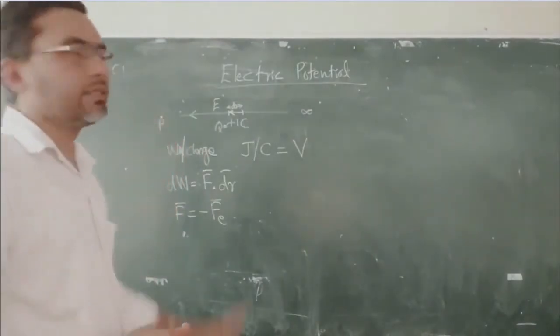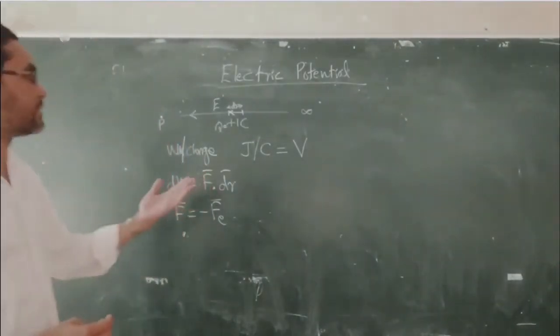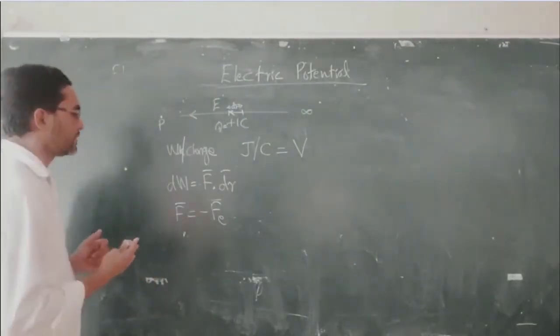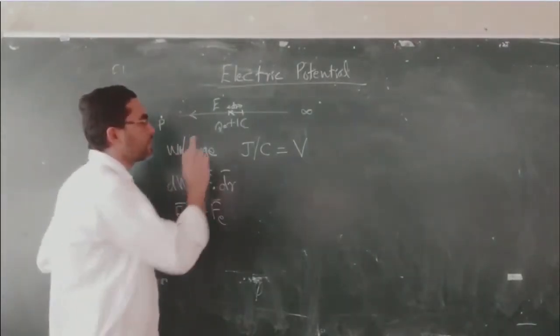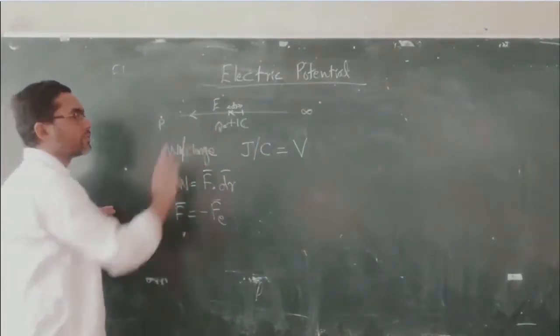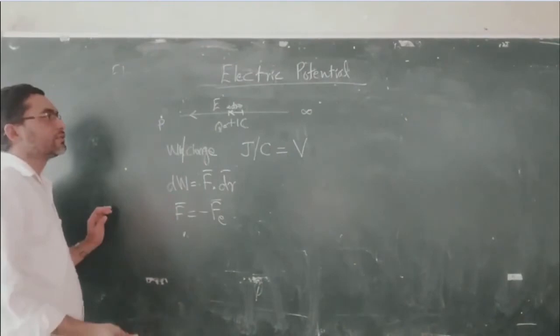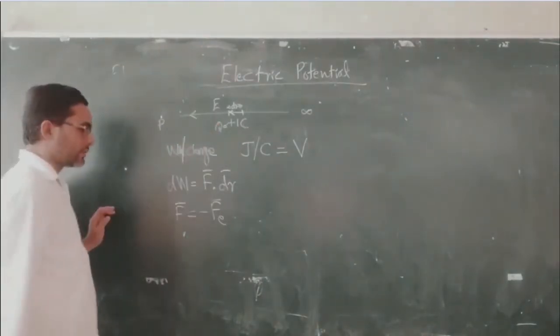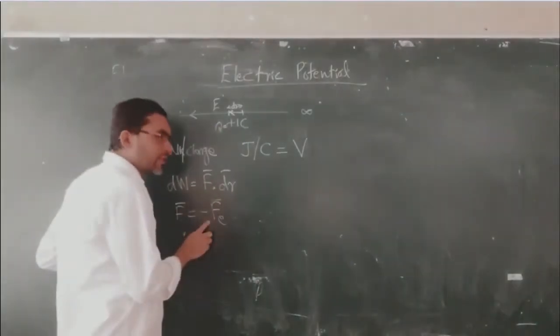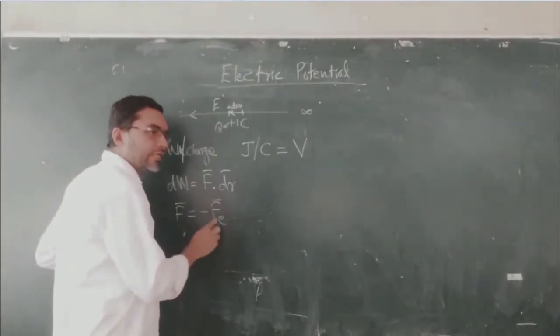Only potential energy is increased or decreased. That depends on the direction of movement. The important point is that the velocity of the particle, the plus 1 coulomb charge, is held constant, so that there is no change in kinetic energy. So to move the particle at a constant speed, there should not be any net force